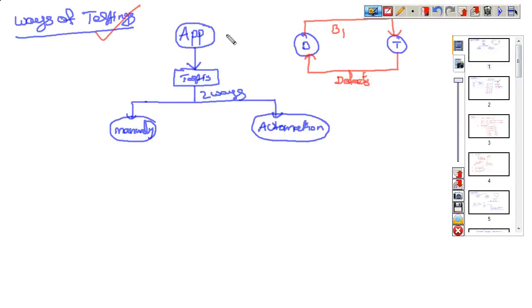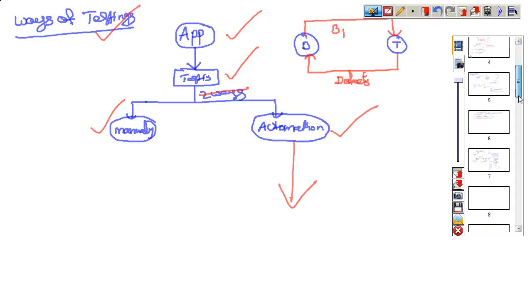If you want to test one application, we have two ways. One is we can test manually, the other is we can test with automation. Right now we are planning to go for automation testing. Now we'll start a discussion on automation testing.